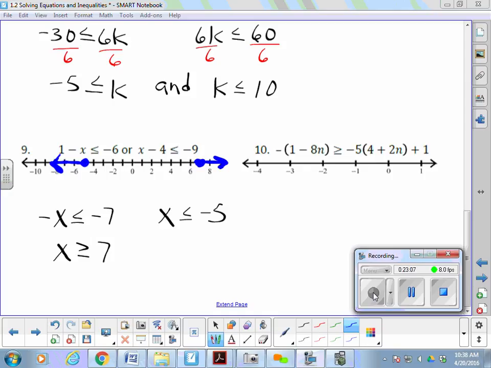So you should have x is greater than or equal to 7, so closed dot on 7 going to the right. X is less than or equal to negative 5, closed dot on negative 5 going to the left. All right, we good? All right, so today then, your